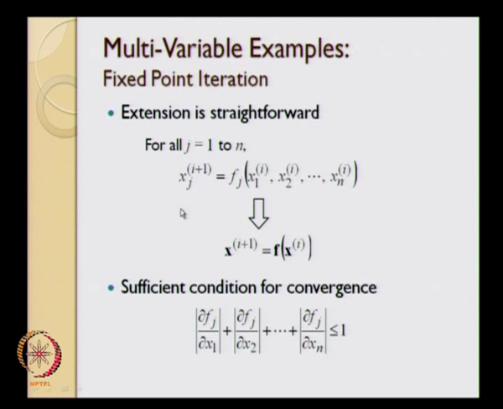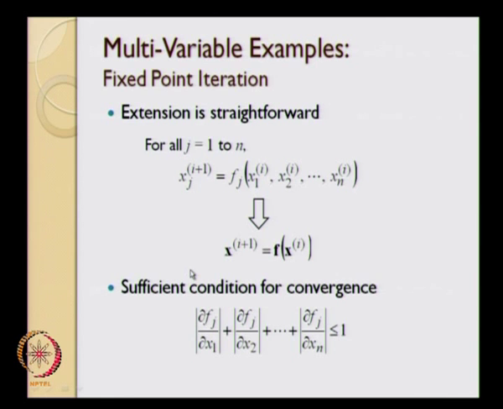So when we have the equations f of x bar equal to 0, all we need to do is x of i plus 1 should be equal to, there is a typographical error over here, this should actually be g and not f, to keep up with the previous notations. So x of i plus 1 should be equal to g bar of x i, and this is what we need to iterate on over and over again until we converge.